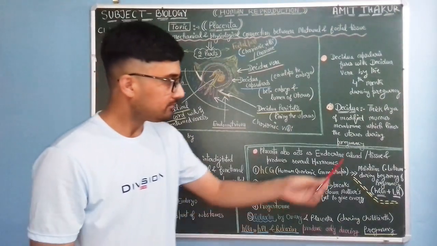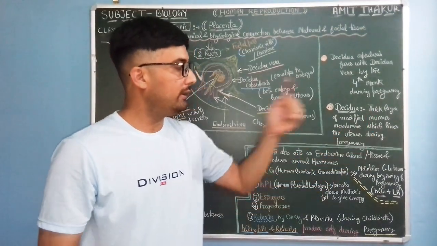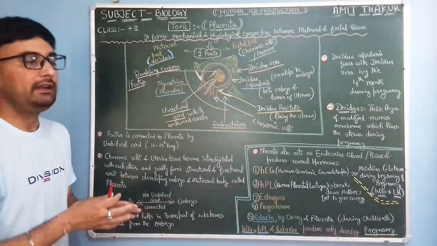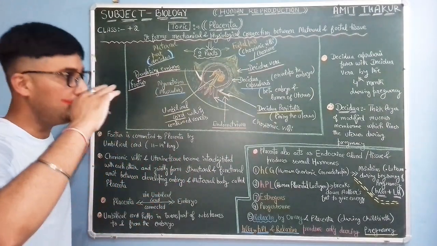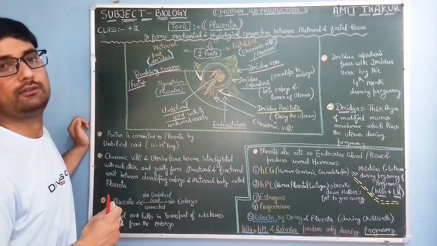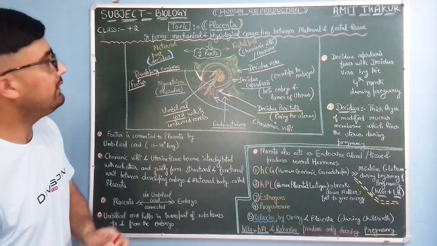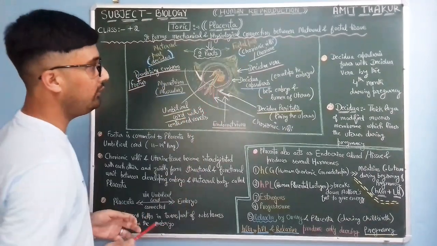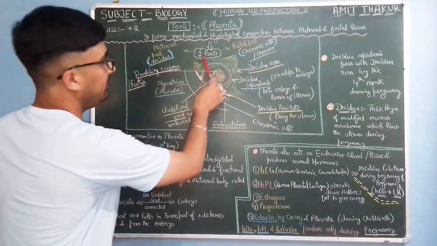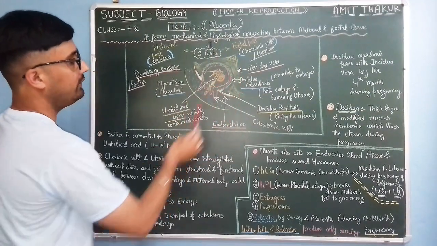It modifies during the pregnancy and lines the uterus. So the maternal part is decidua and the fetal part is chorionic villi or chorion, and this is the diagram of